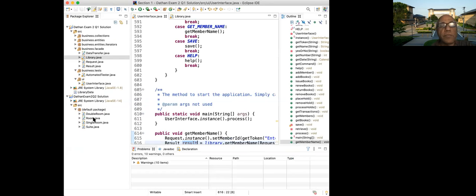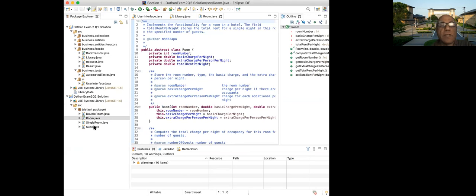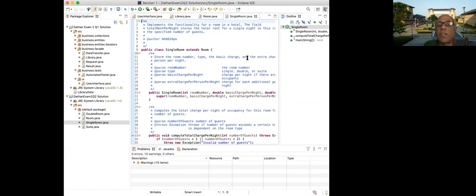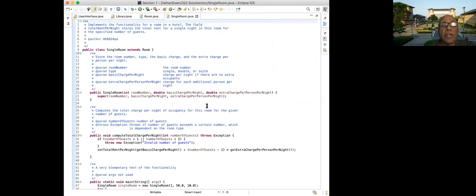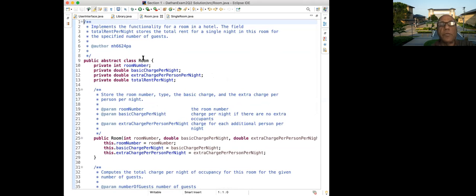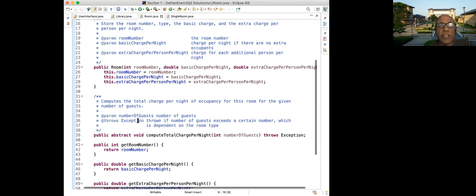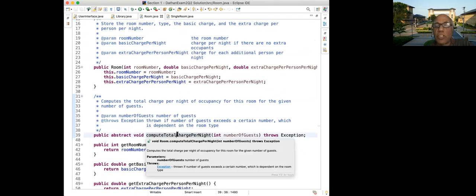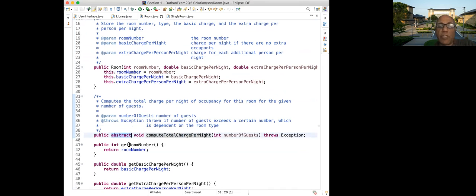The second question, we have, I will just look at a couple of these classes. We have to refactor the class room so that you replace all conditions with polymorphism. And we have deleted all the type related objects in this new modification, and then we have made room abstract. The reason being compute total charges per night is an abstract method in my